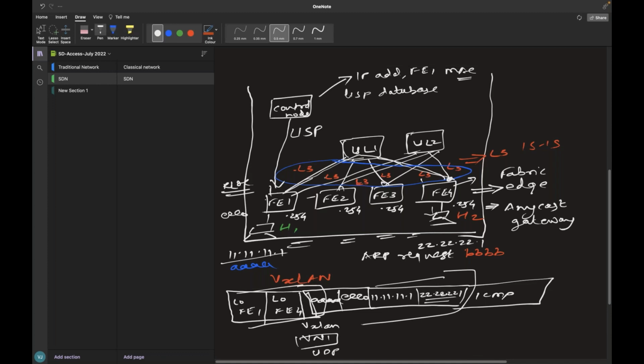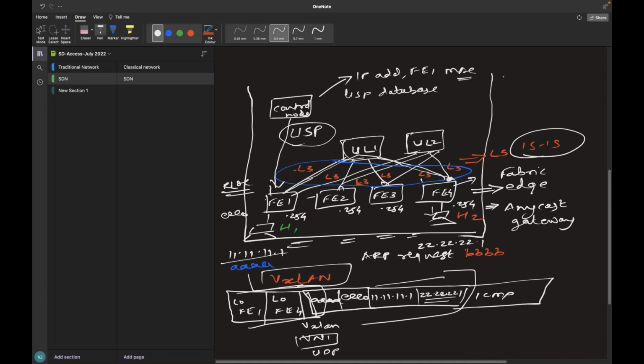Now you can imagine the difference between your classic traditional infrastructure and SDA. You have no STP. You have LISP as the control plane and VXLAN as your data plane to send this data across, and all your ports in between the Fabric Edge and the underlay switch are connected as L3 and enabled with ISIS.